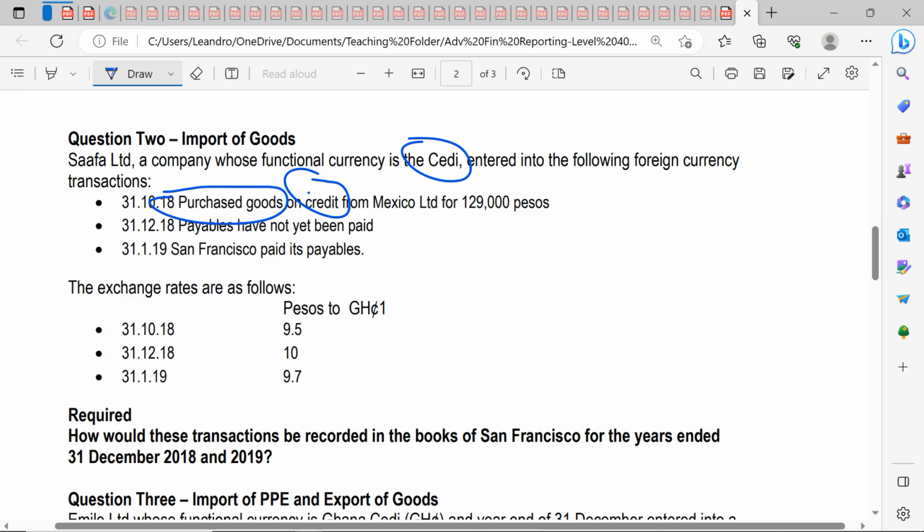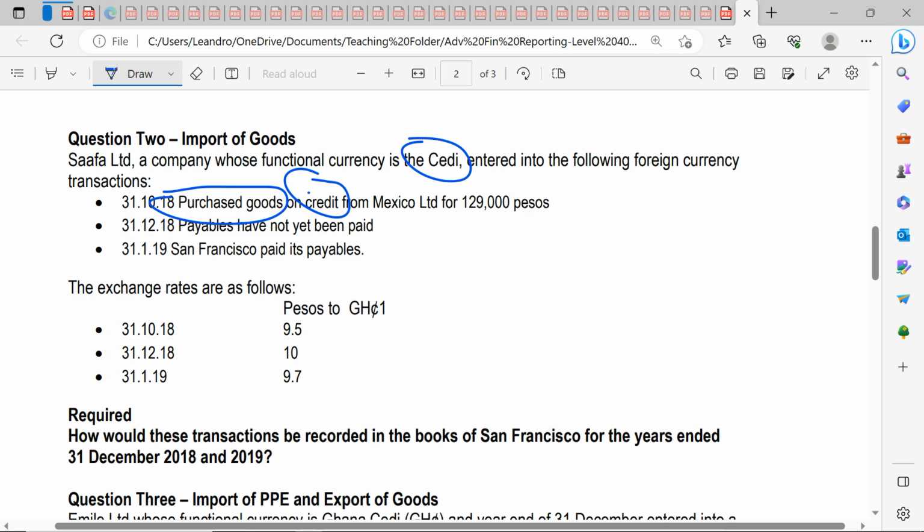We have a balance at the end of the year because they may not have paid. So you need to understand why we are going to the year end and doing translation. If they've paid, we will not have any translation at the end of the year. But if they have not paid, then we will have payable. Or if they have not received the money, then we will have receivable. And those receivables, which are linked to foreign currency, must be translated at the end of the year because they